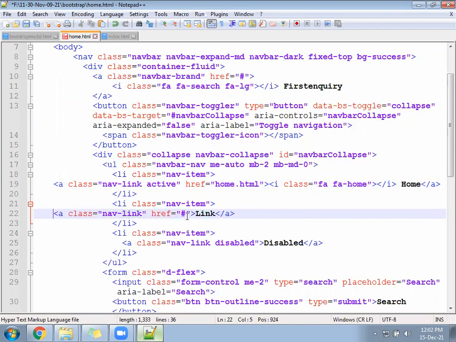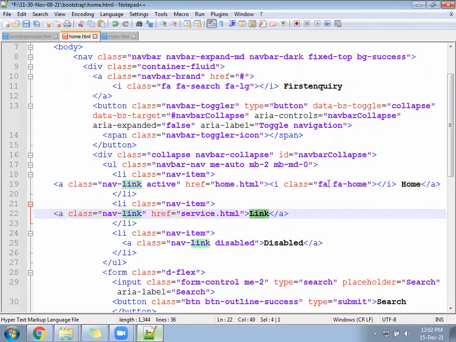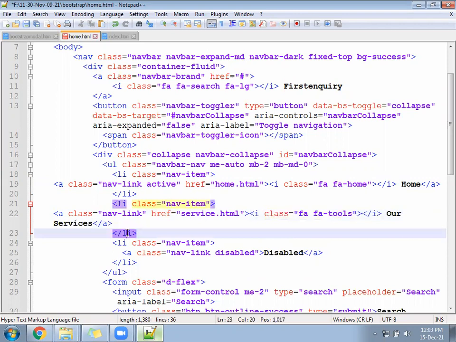You can follow a link called service.html. Inside, we can write here a class name, FA FA tools, right there, our services.